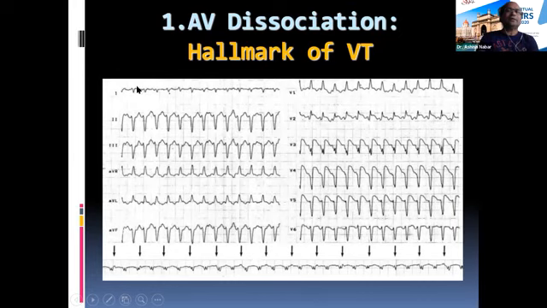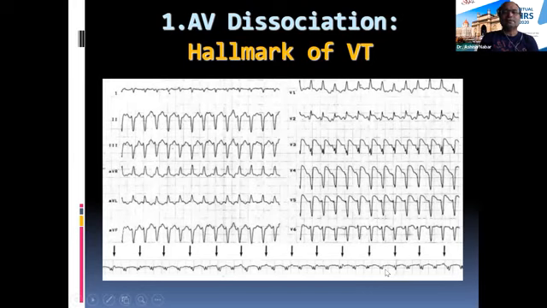but you have to be smart enough to recognize that to locate the P wave, you have to look at a lead which has the smallest QRS, for example, lead 1. So then you can clearly see that this is a P wave, and then you can measure those P waves with your calipers, and you can see that they fall at a certain fixed interval, and that convinces you that there is in fact an AV dissociation.